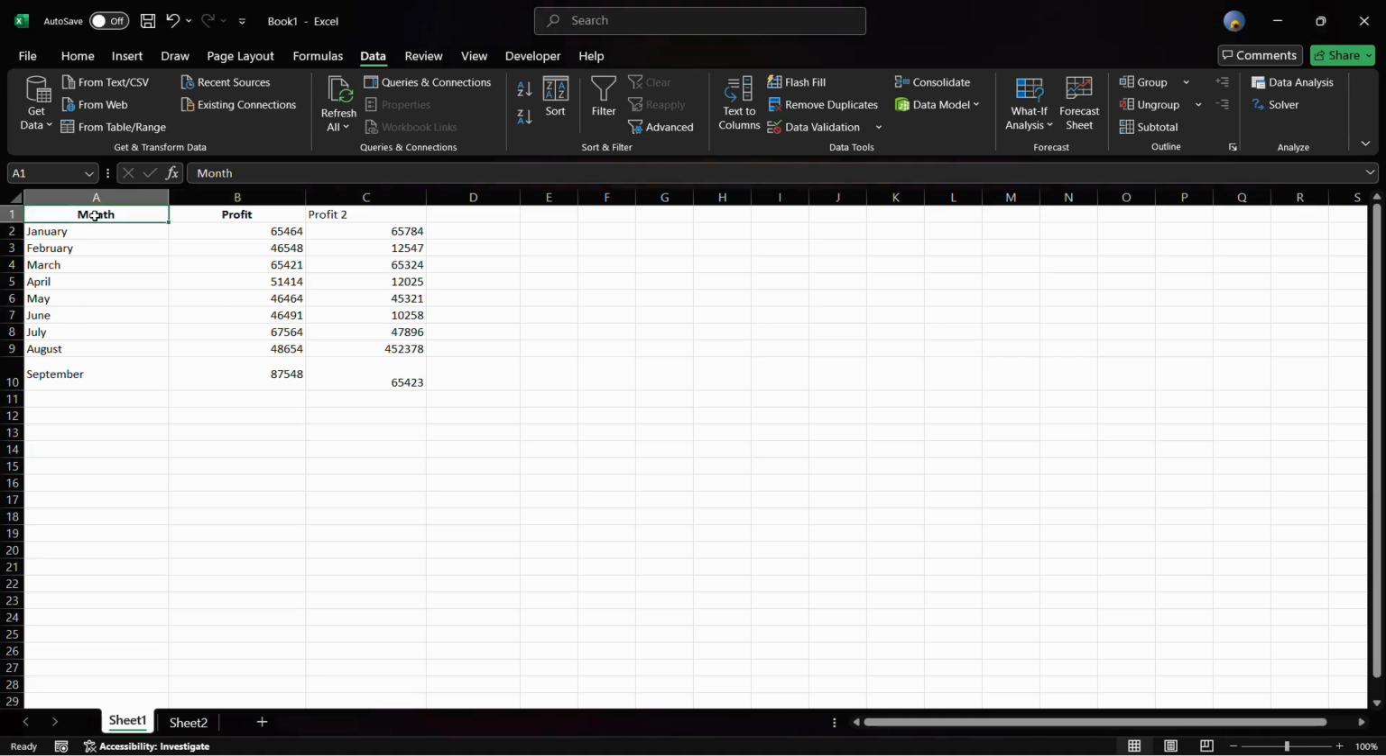As you can see in this data, I have selected this particular data in accordance with the month so that the month appears vertically and the profit appears horizontally like this. In case, let's say I want to switch it and want the months to appear horizontally and the profits to appear vertically, then what I can do is simply select all of this particular data, and then I need to